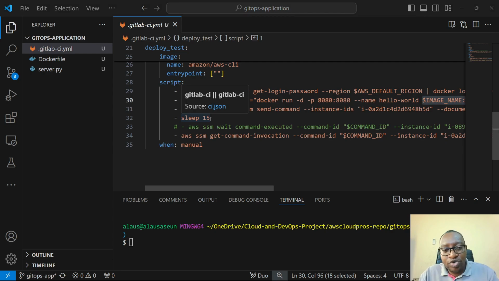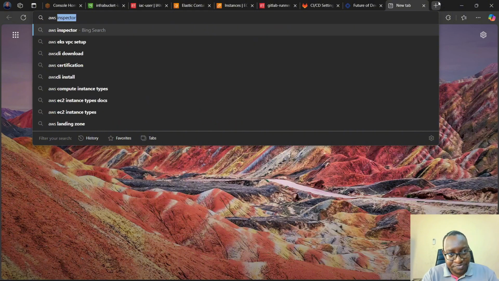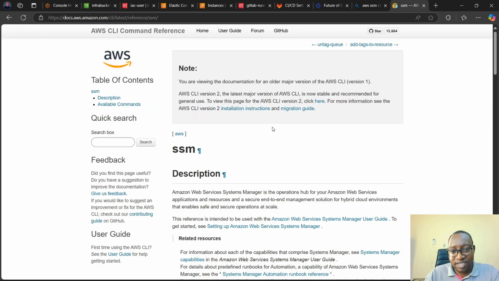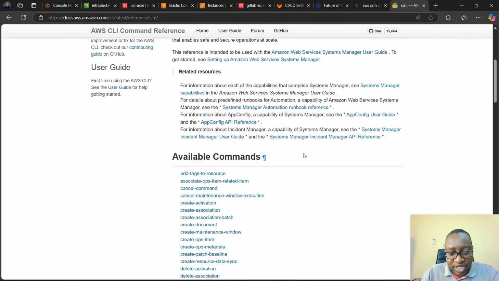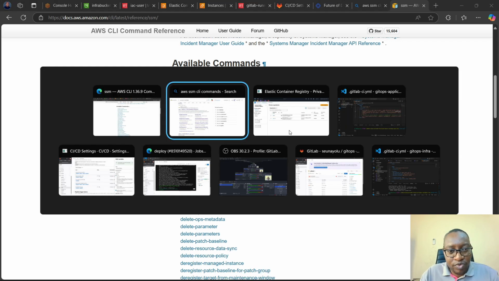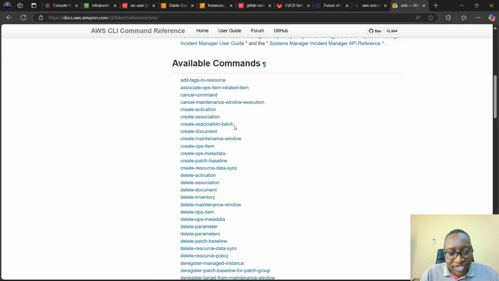Now, I'm sure you're wondering where we got all these things from. If you come here to AWS, SSM CLI commands, let's take a look at that. If you click here, you are going to see a few commands that you can use with your SSM. This is the AWS command line reference where you can get any command for AWS CLI. It has different available commands, and some of the ones that we used in the pipeline, like get command invocation and all of that. So if you scroll down,